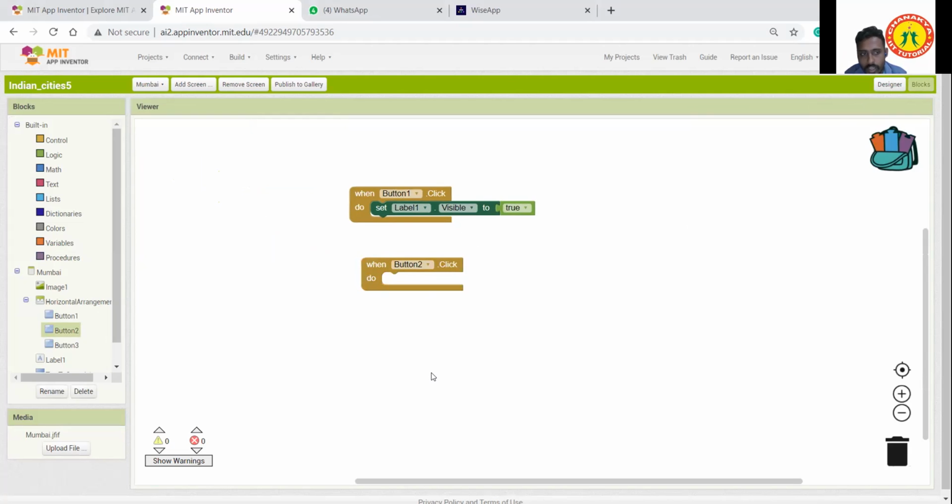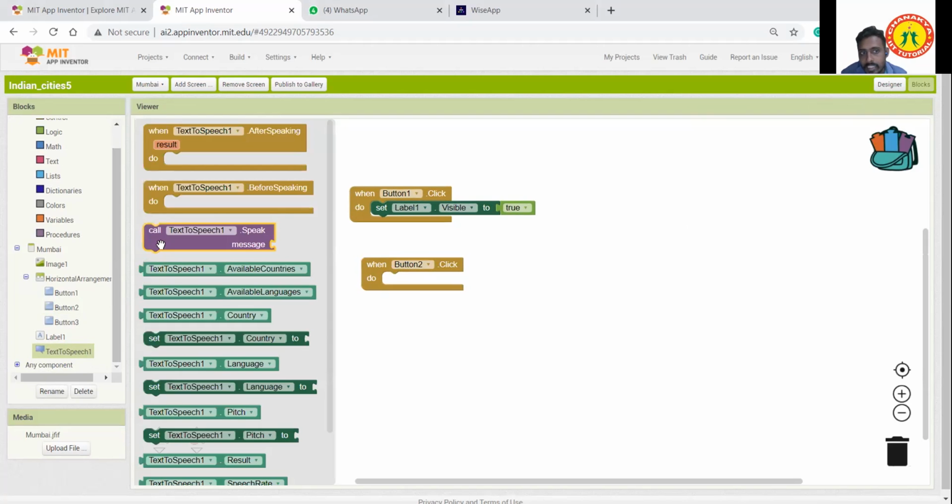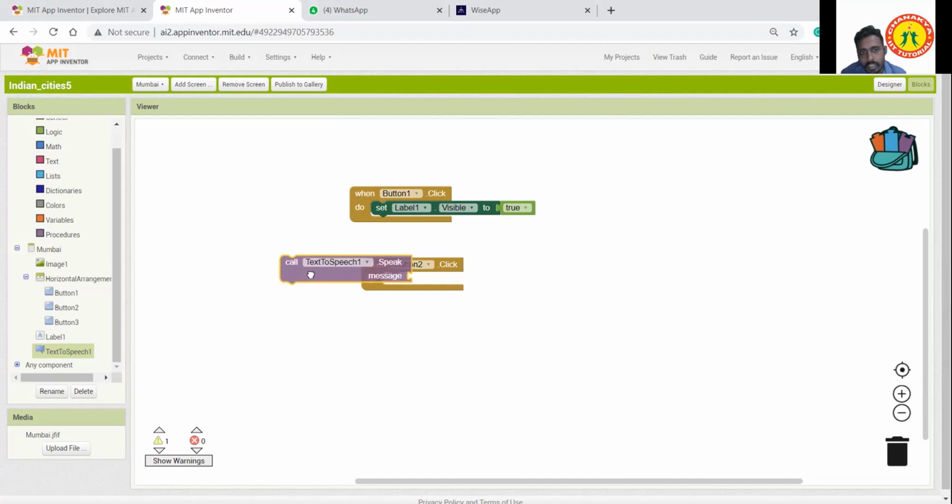We need text to speech. Click text to speech 1, take this one, call text to speech 1 speak message, and place it inside this button.